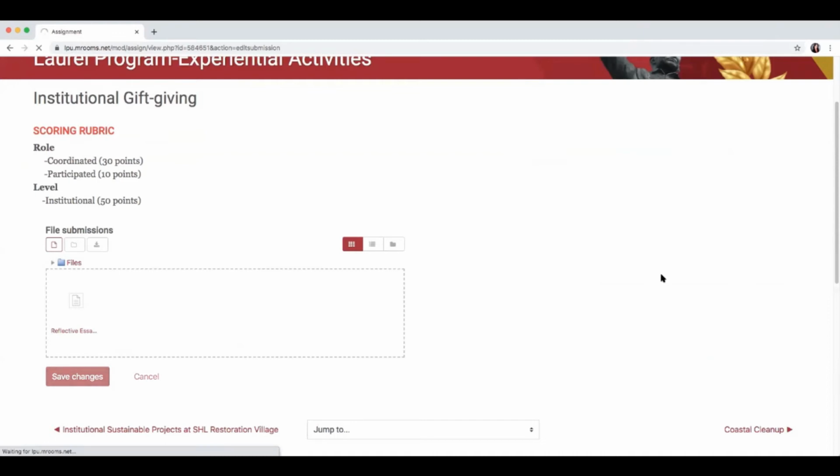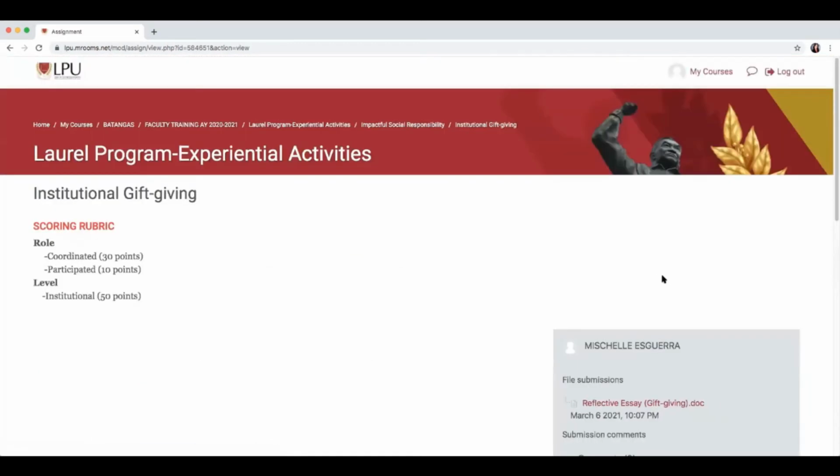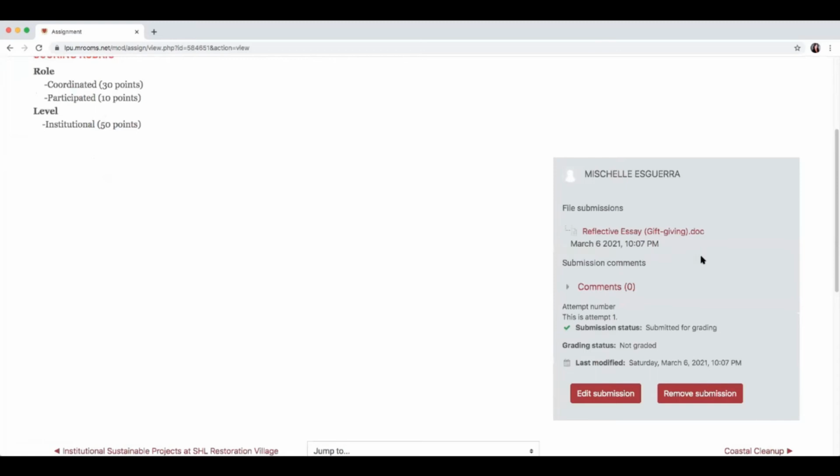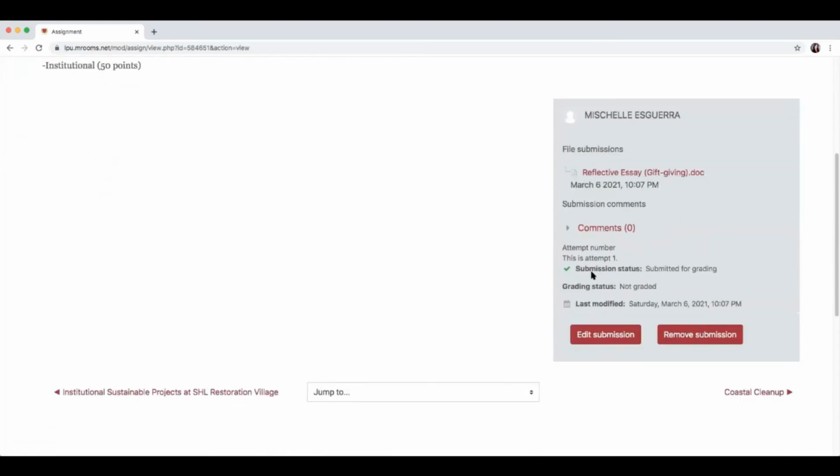To view the status of your submission, so you can view here the status of your submission. As you can see, it's submitted already for grading, and then you have the 2 options. It's either you edit your submission or remove submission.